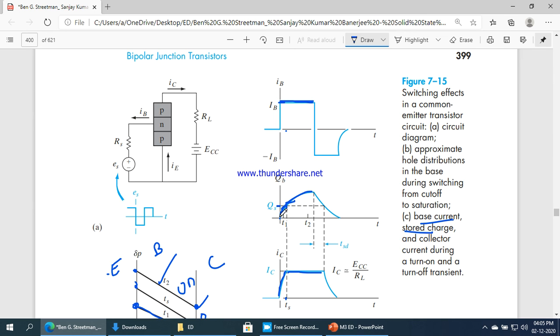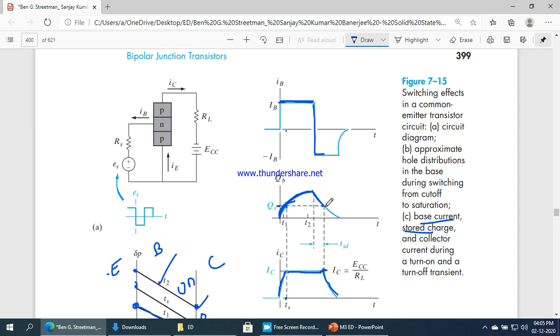As you can see here, it's exponentially increasing because of this pulse which is applied at the base. The charges are stored in the base region, increasing its storage capacity. When the negative pulse is applied at this point, what happens? The charge which is stored in the base slowly discharges. At one point, when it reaches below this Qs value, the current IC will decrease. That will also be exponentially decreasing.